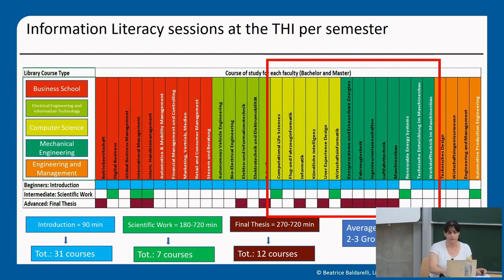And for 7 programs between the 5th and 7th semester, preparatory courses for the bachelor thesis are mandatory. 11 advanced courses include a mandatory assessment portfolio, 2 of them graded, in which students apply the gained information literacy skills to their individual topic. In the landscape of the Bavarian universities of applied science, this is the most comprehensive and integrated information literacy program. It is the result of many years of intense collaboration with lecturers, professors, deans, and university rectors, and rigorous conceptual work has underpinned it from the outset.